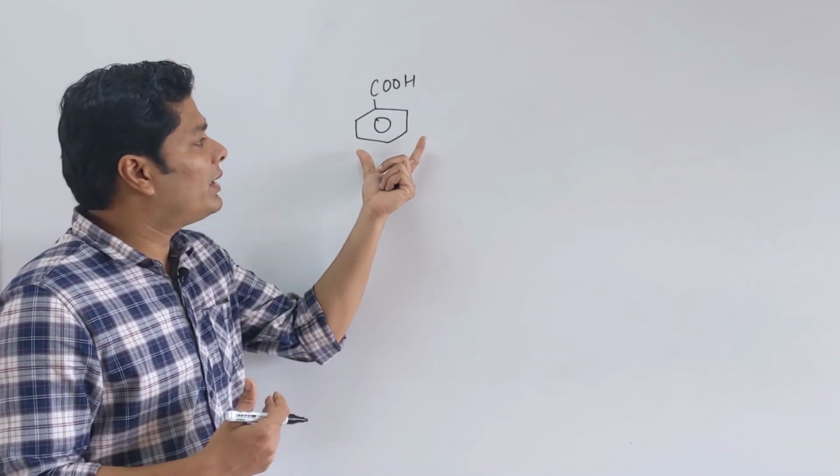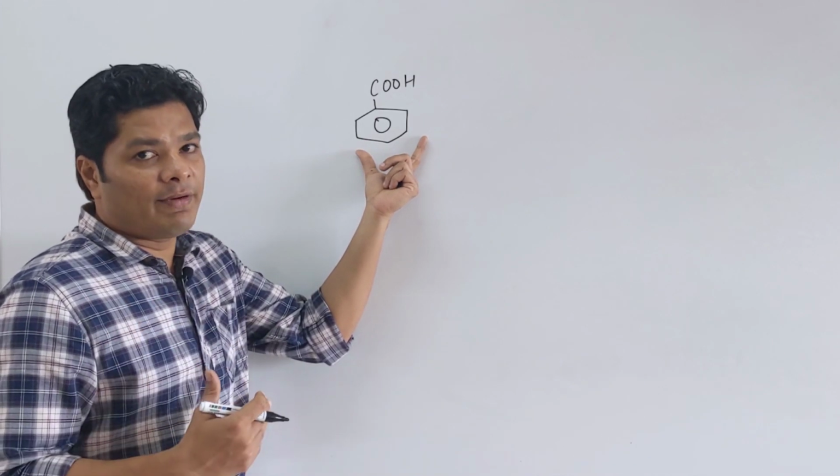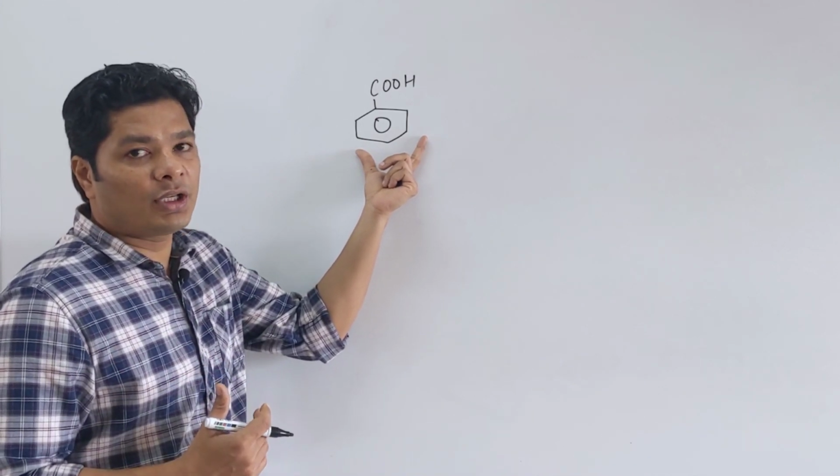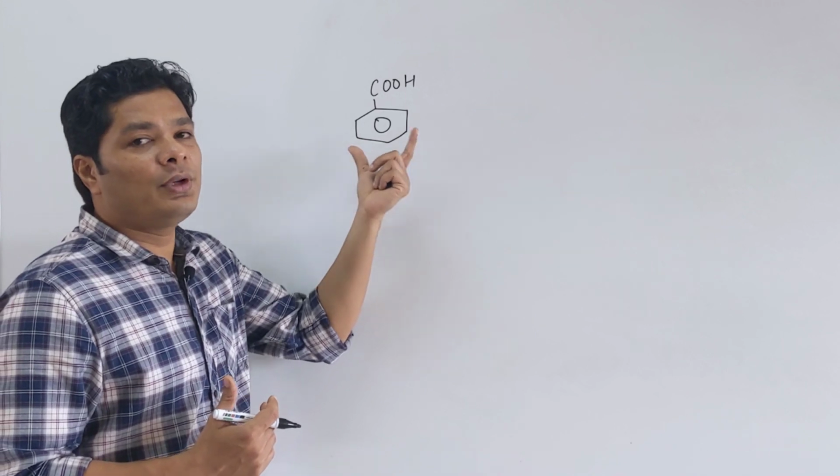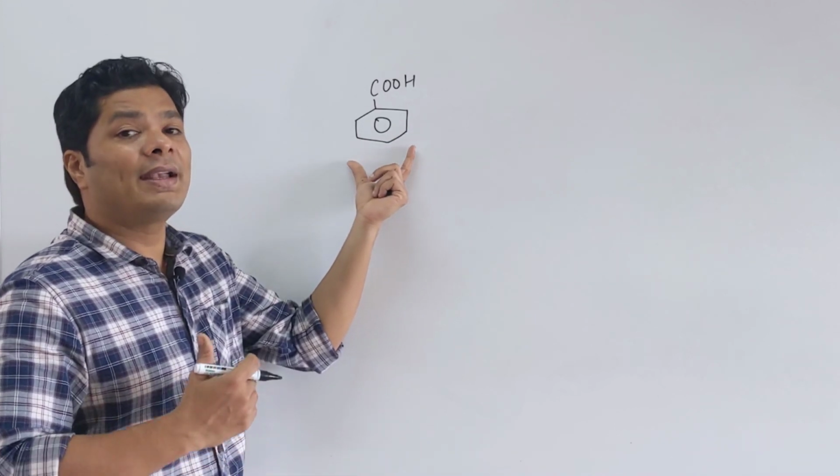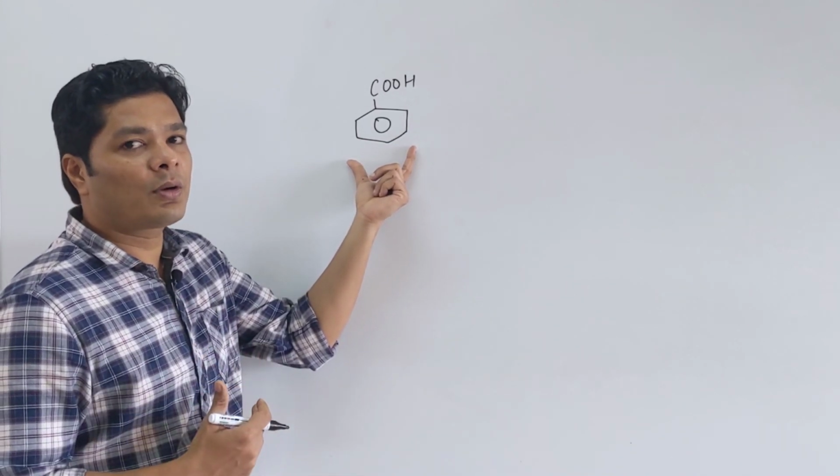Now you want to remember the acidic order. I have already given that to you. Here is also an example of the order that you want to remember. Be very careful. You have to remember the particular order. Try to understand it and remember it so you don't forget or confuse yourself.